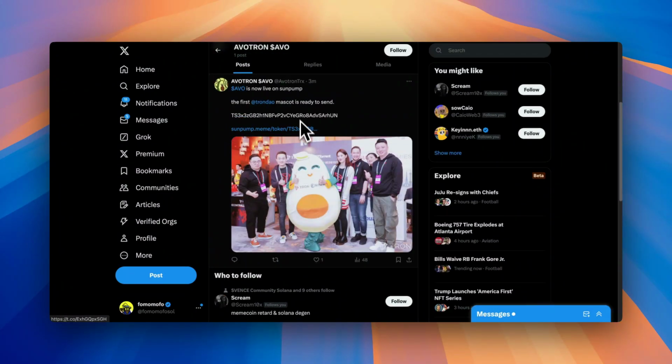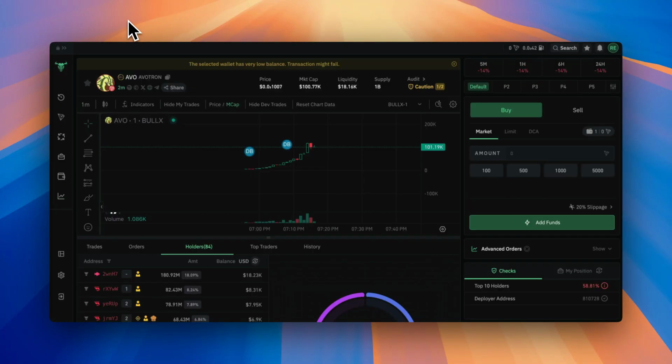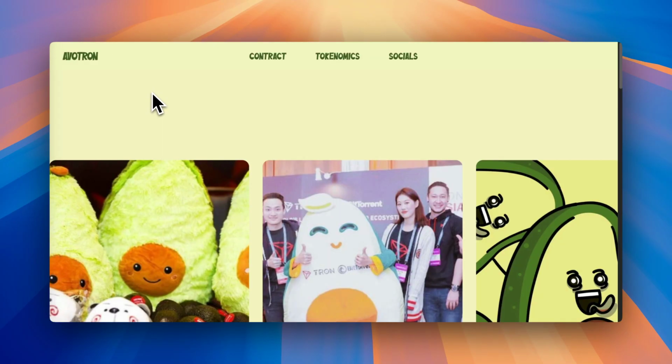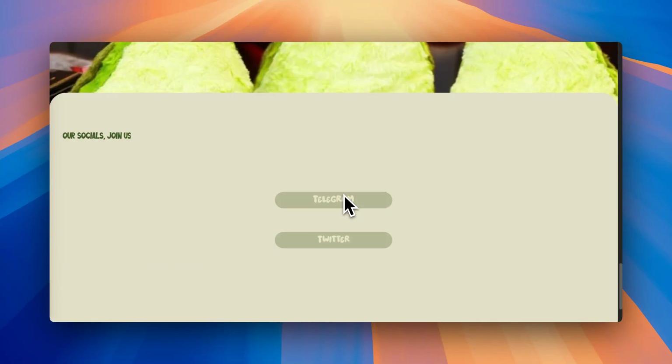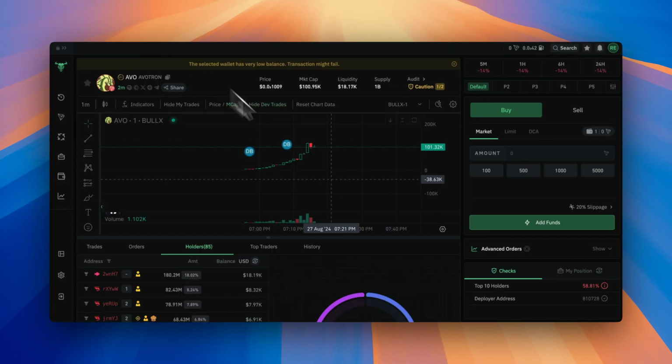Who knows? But I guess this is a mascot for Tron, or apparently there was an avocado with the Tron logo on it way back when. So they created a token for it. If this ends up mooning, then I'm gonna rope. But yeah, we're just checking it out. This reminds me of that Tron bear that came out that nuked. So we'll see how it does.